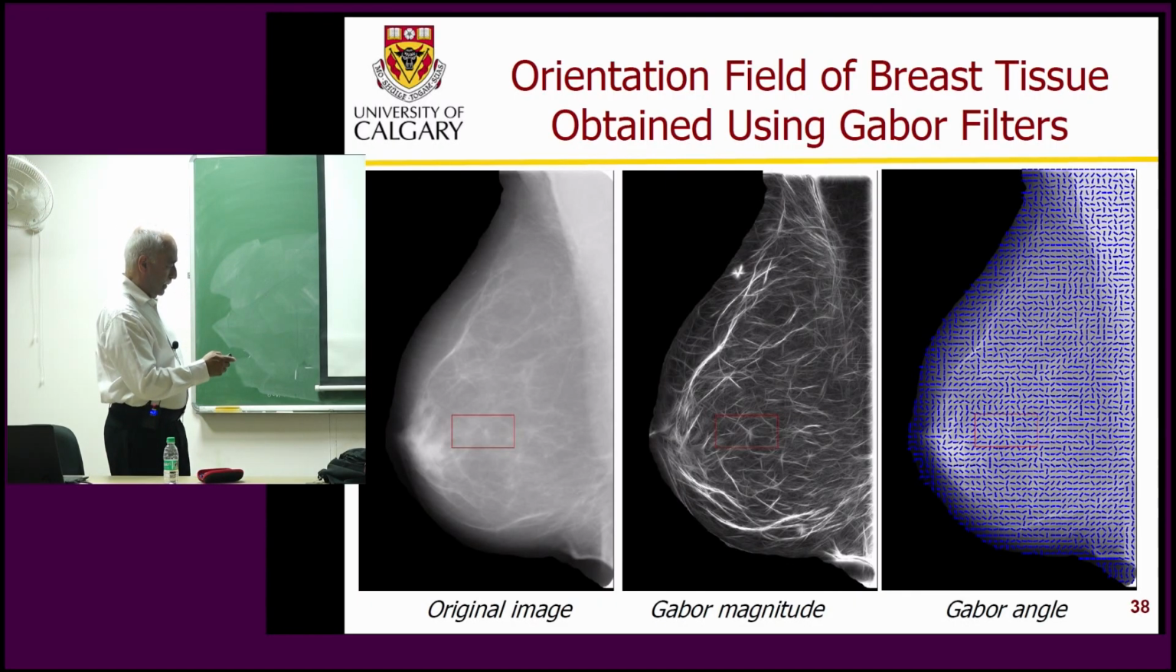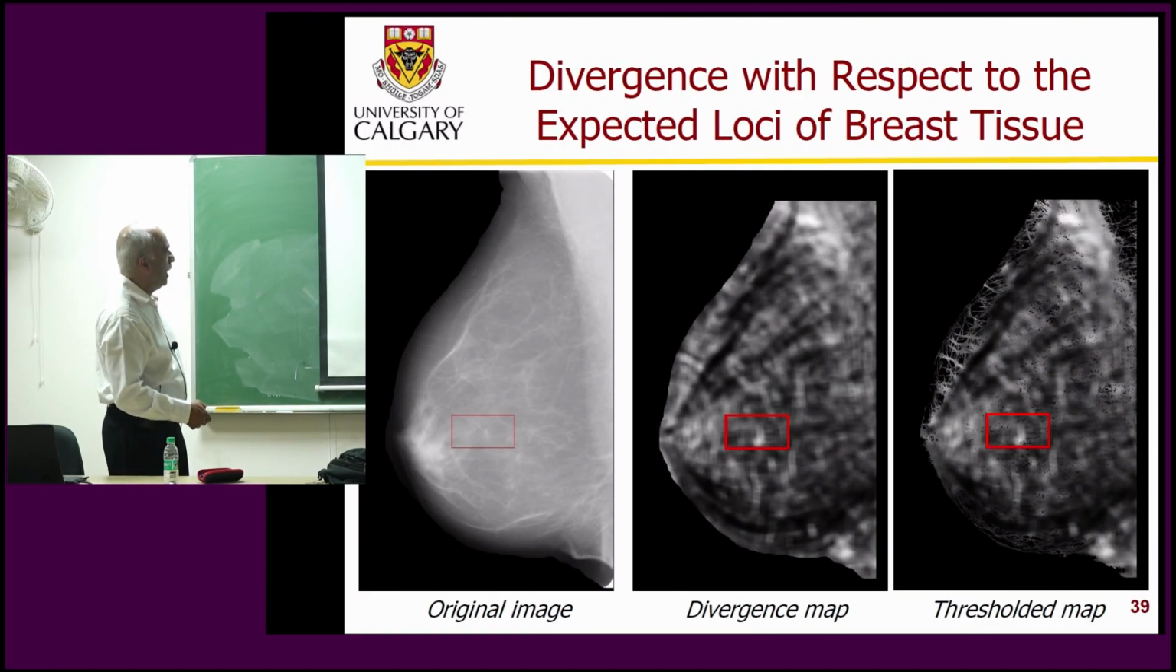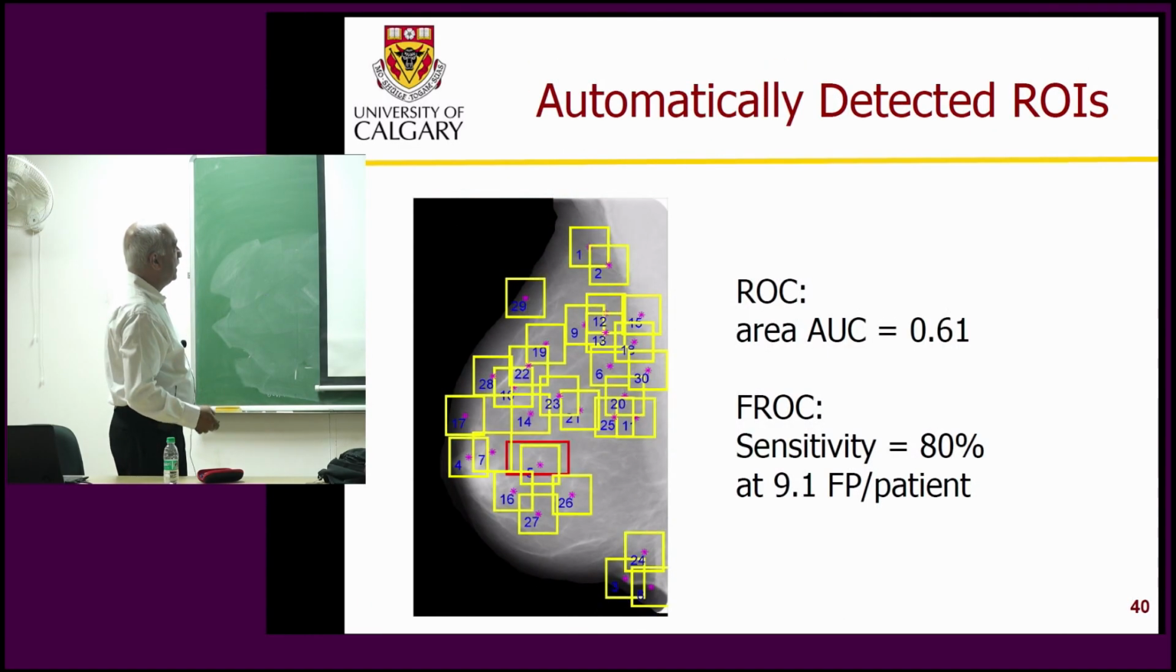So here is the original image. That's the region marked by the radiologist as architectural distortion. You see some other angles. And Gabor magnitude, Gabor angle, and divergence map. We see a large value, but there are so many other large values. That's okay. There are many places where the angles don't agree exactly. This is the thresholded map. We can remove some points. Still there is a large value there. So apply this and